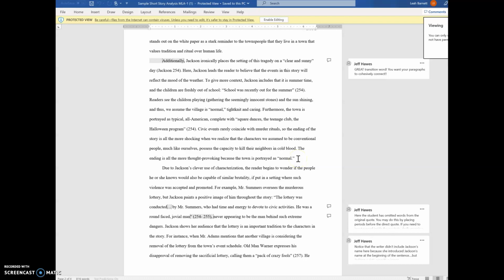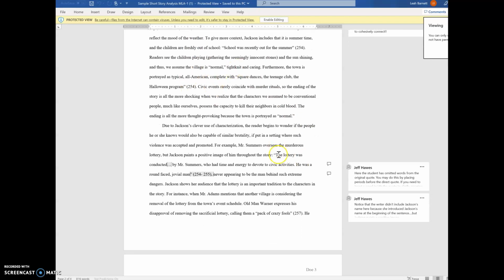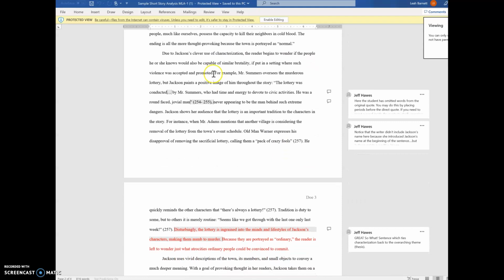Jackson, her setting of this town being so normal, the people talking about taxes and weather, and women and men and children behaving exactly the way we would expect them to behave when this was written in the 1950s, makes this more, like the student mentioned, ironic that they would do these things at the end. So setting is important. And then the last body paragraph, this student chose to write about characterization, which I think